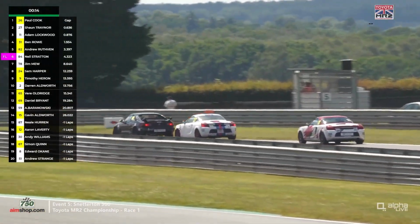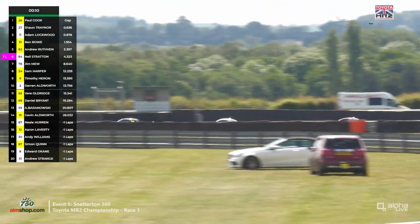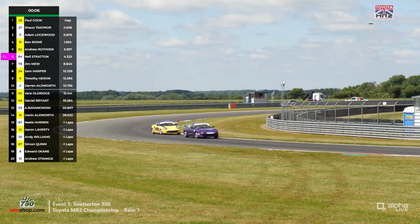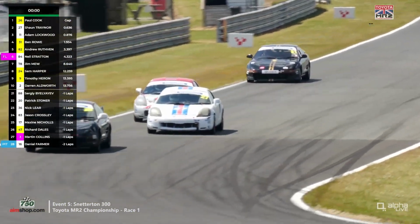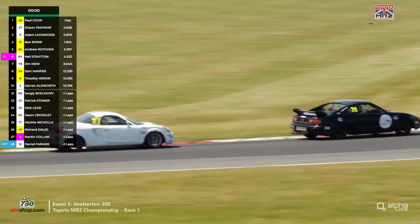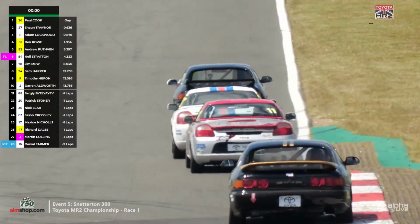He's not too far behind Paul Cook at all. The gap had come down on the last lap to 0.6 of a second. Through the left-hander they go, and on towards Agostini for the final time then. Into the hairpin. This would have been a good overtaking opportunity for Sean Traynor, but he couldn't do anything about Paul Cook there. He's got to be mindful as well that Adam Lockwood's right behind him, and although